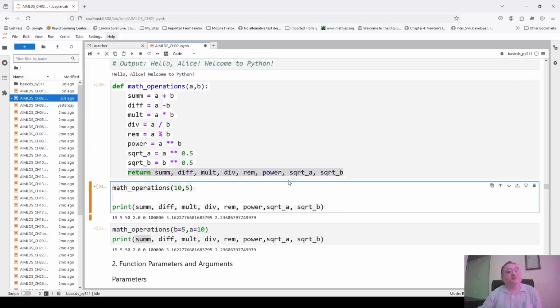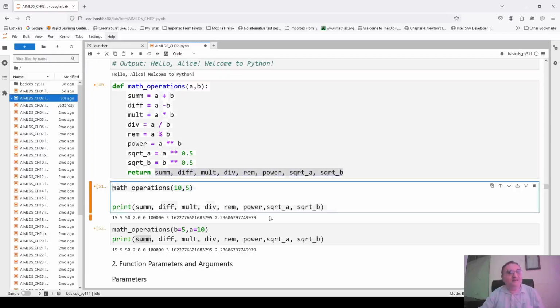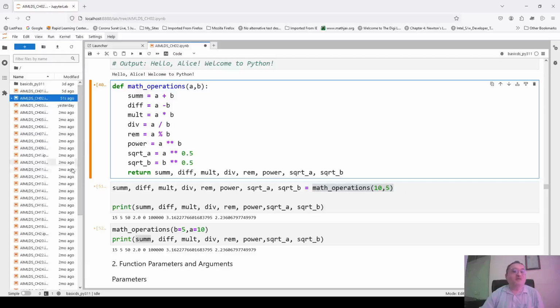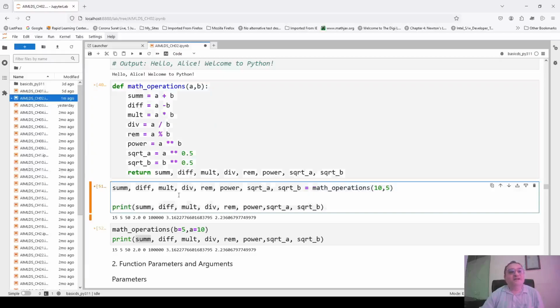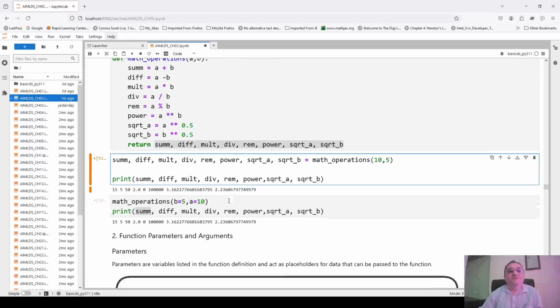But when it returns this value, then who will get those values? So again the same things you will write like this, and you will say that these parameters are equal to whatever is returned by the call to the function with arguments. This is also a call to the function, but instead of directly printing, it will just return this value, and you have to assign those values to these various different variables. And here again this order is important because this order must be the same as this order. Otherwise you will assign multiplication to difference and power to division and all that problem. So you have to remember.